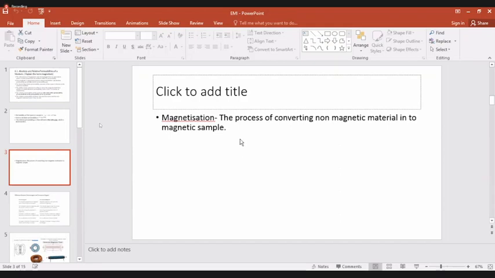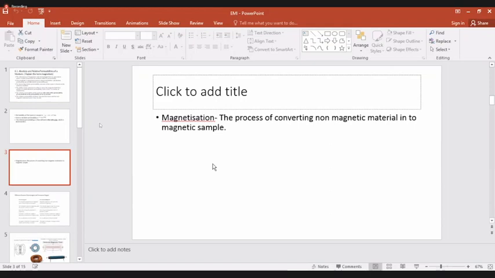See, what are the types of magnetic materials? Paramagnetic substance, ferromagnetic substance, and diamagnetic substance. These are the magnetic substances. They become a magnet when they come under the influence of a magnet or in the field of the magnet. But the non-magnetic substances, wood, mica, paper, glass, rubber, if they come under the influence of a magnetic field, they never become a magnet.